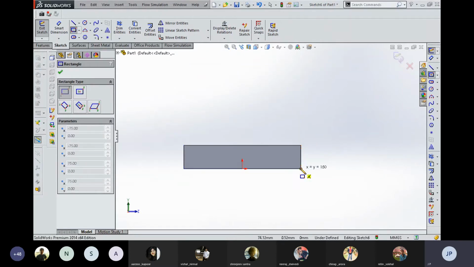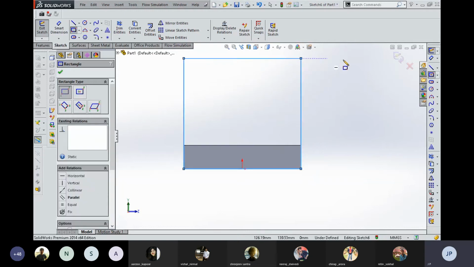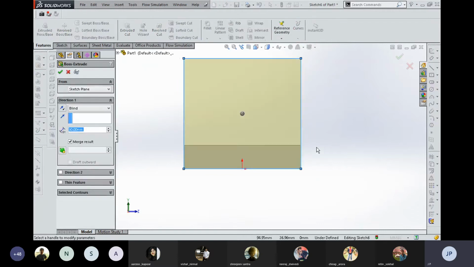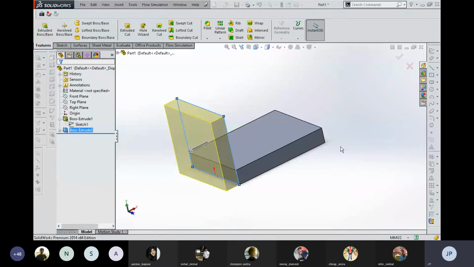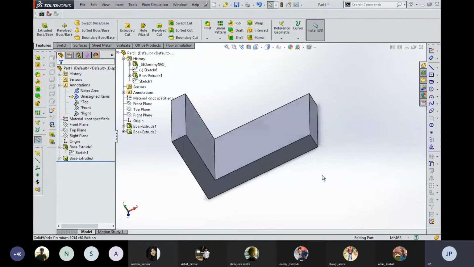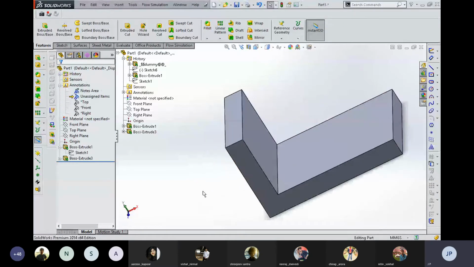So actually I am going to create a slab on this side and then give a certain thickness. Okay, so now we have an L-shaped structure.